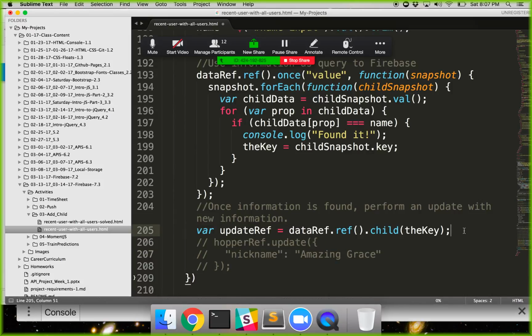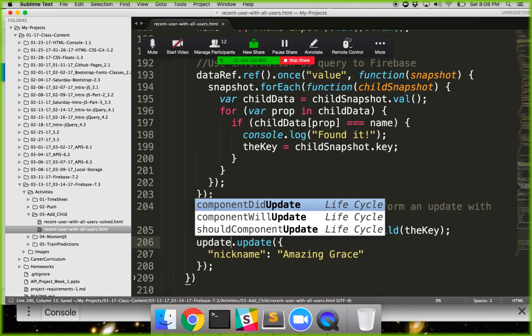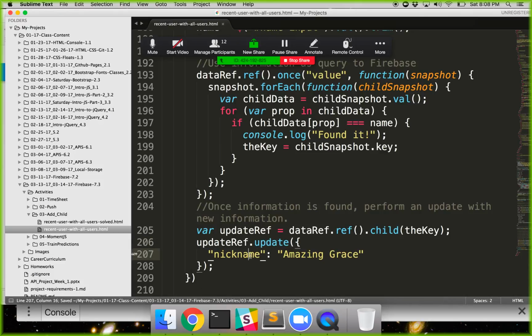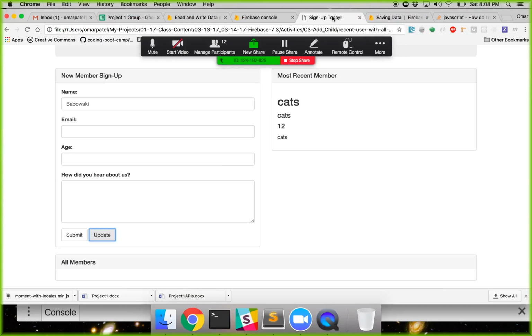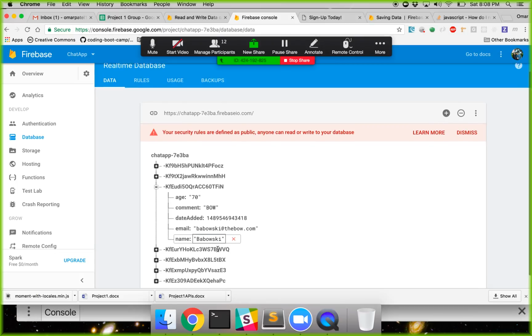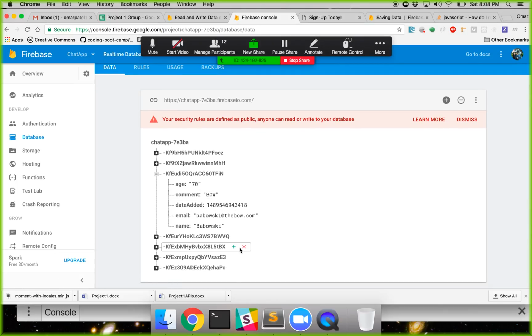Can I just display this? I don't think I can. Okay. So I'm going to do update ref, and I'll just show you guys what I'm doing afterwards. And I'm going to update. Let's just manually update something. So simple, one thing at a time. Let's update the comment to